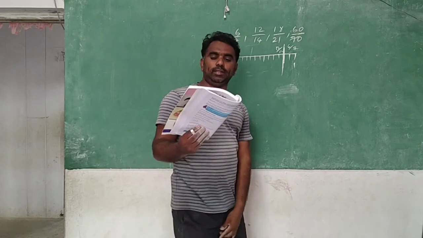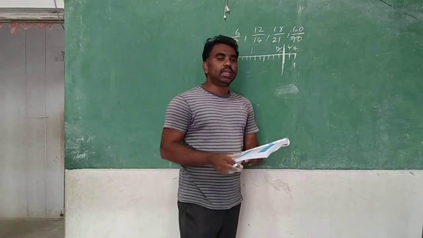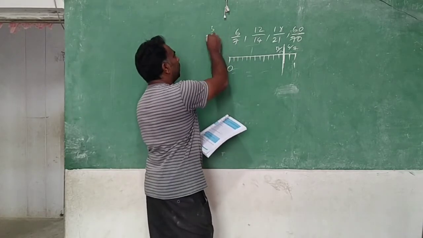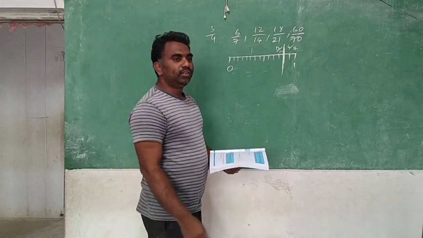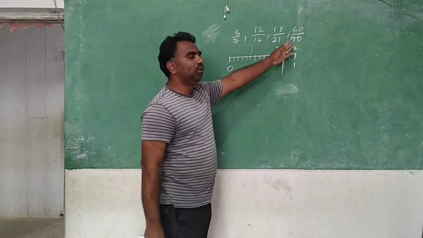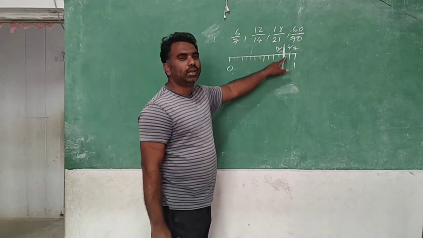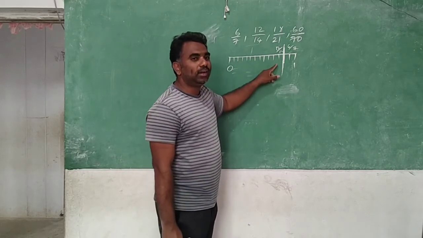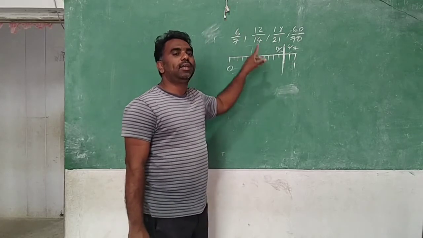Now according to this question 55, what should we write? You have to write equivalent fractions for 3 by 4. First bit: write the equivalent fractions of 3 by 4. Second bit: show them on the number line. Some equivalent fractions I have written and I have marked 6 by 7 and 12 by 14. What are you finding? You write it. Yes, I have found that these equivalent fractions are all at the same point.